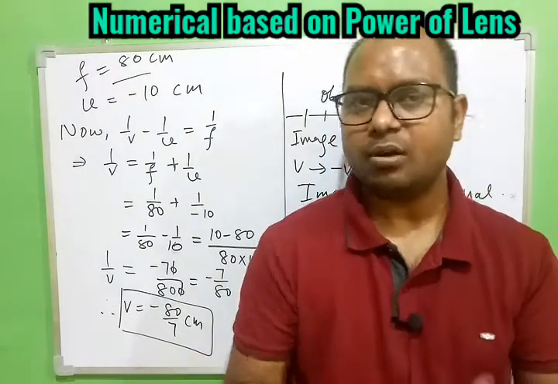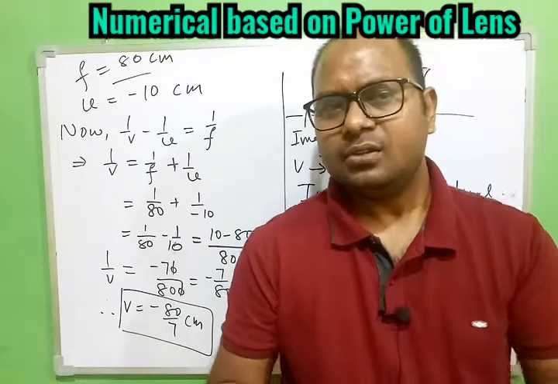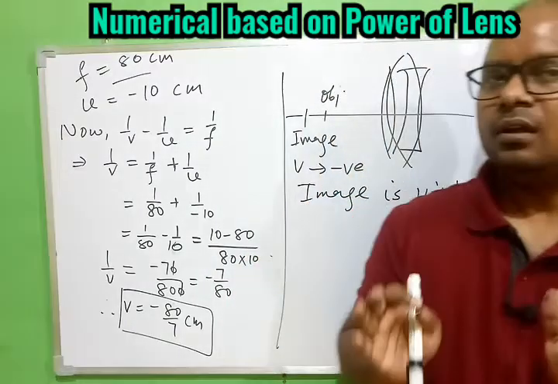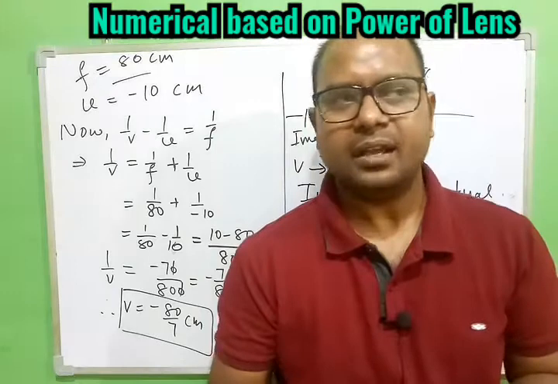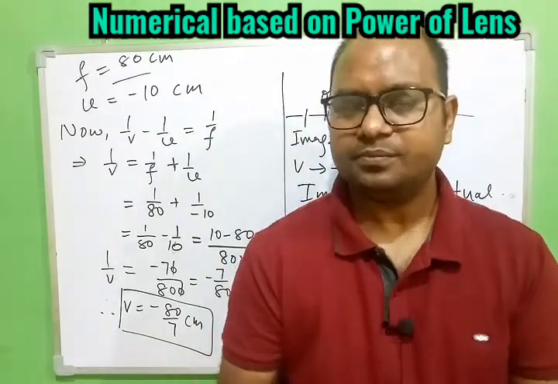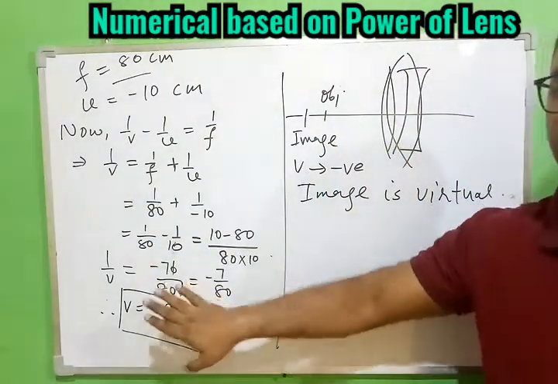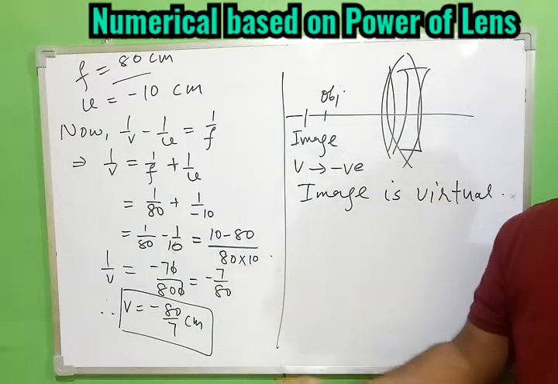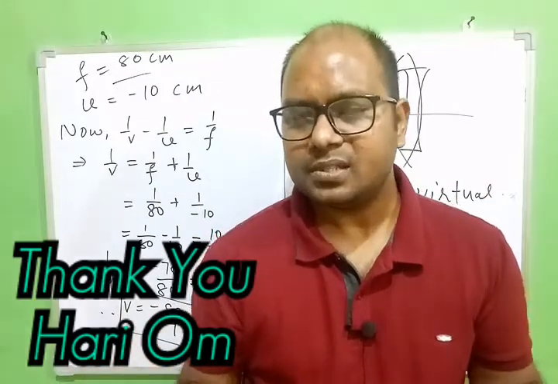Sometimes the focal length is given of 1, and second you have to find, sometimes combination is given, power is given. So based on the same formula, numerical can be given to you, and always the main thing to be taken care of is don't make any mistake with the formula. And the second thing is the units to be taken care of, meter, centimeter, diopter, and rest is maximum to maximum lens formula will be added somewhere. That is, the same numerical can be modified the way we have done in this one. So practice yourself, and if you find any difficulty anywhere, we are always there to help you.